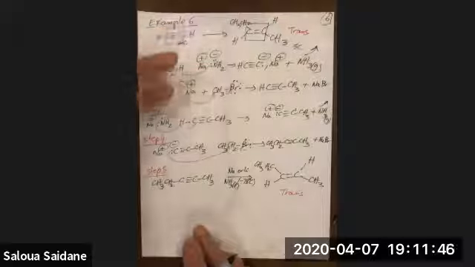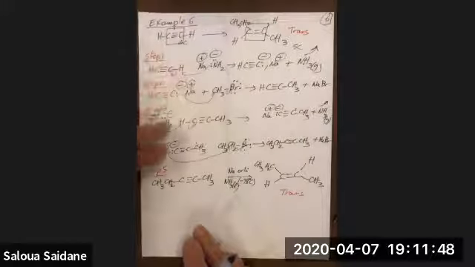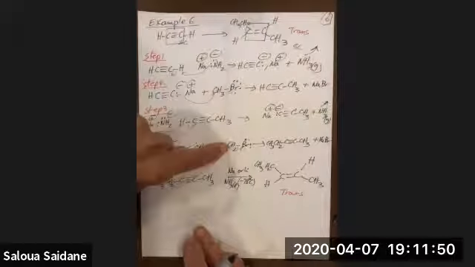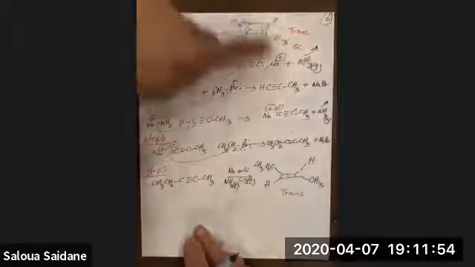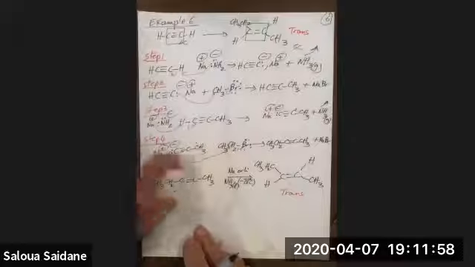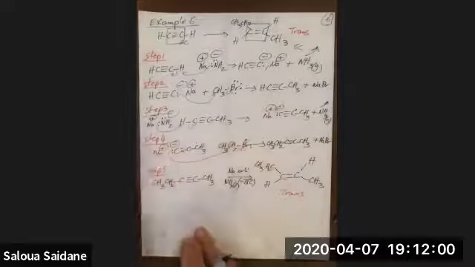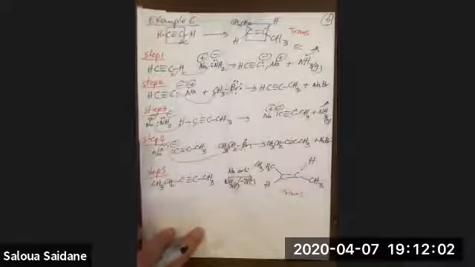Now we could switch these two with these. We could have added the ethyl first and then the methyl. We could have added this side and then that side. It doesn't really matter. The order here is not important, but the last step is important. This is our last step. Okay,